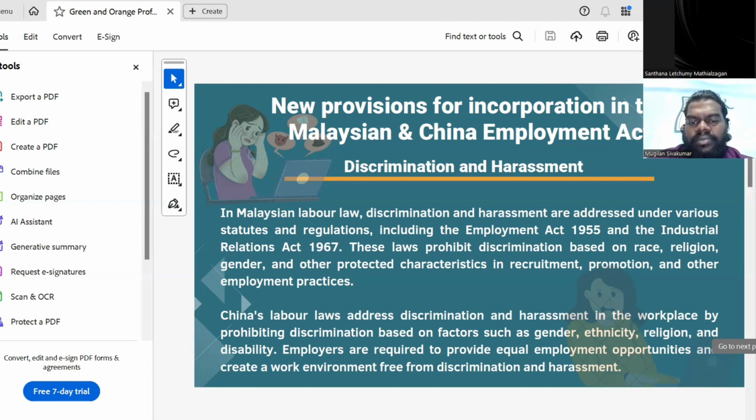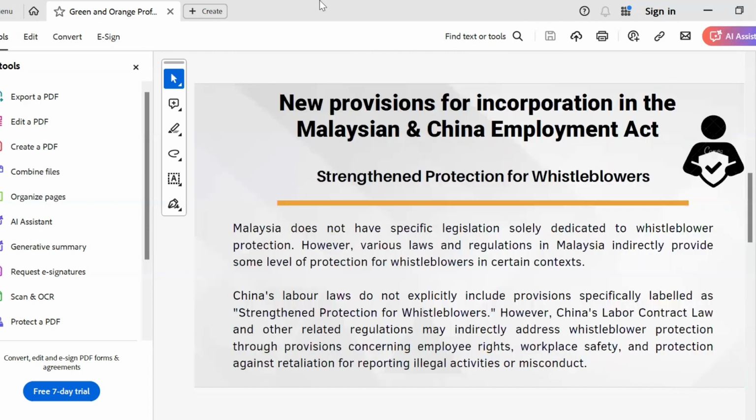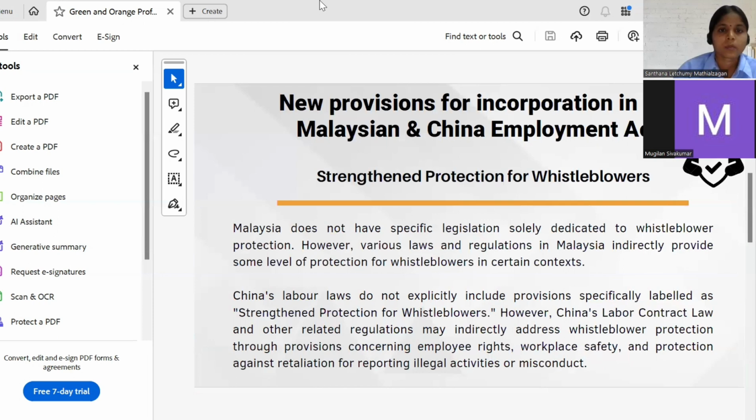other employment practices. China's labor laws address discrimination and harassment in the workplace by prohibiting discrimination based on factors such as gender, ethnicity, religion, and disability. Employers are required to provide equal employment opportunities and create a work environment free from discrimination and harassment. So the third new provision from the Malaysian and China Employment Act is strengthened